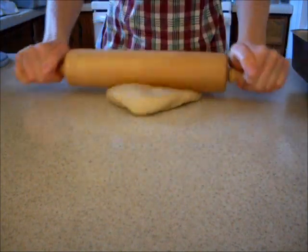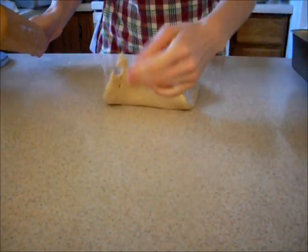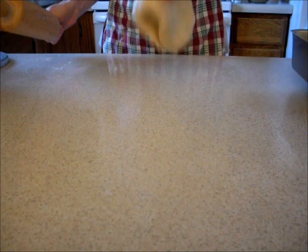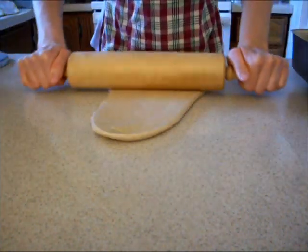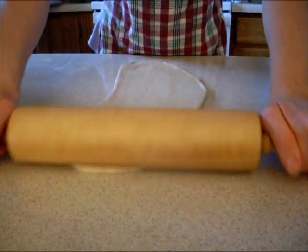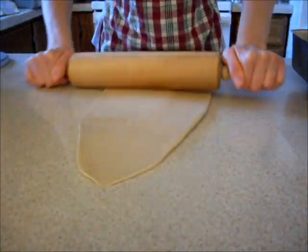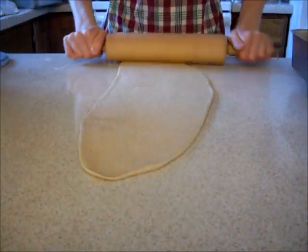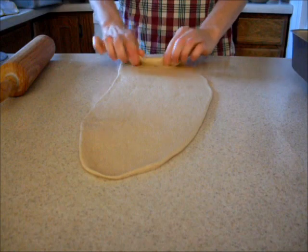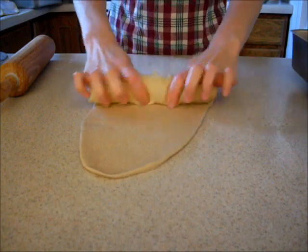And if you start to pull too hard with your rolling pin, it's going to break and stretch that, and you don't want that either. So we'll start over again and roll it out. You want to make sure you get all the bubbles out. That's the point of rolling it with the rolling pin. It gets all those extra air bubbles out to make your bread not so airy and it doesn't dry out as fast. So I roll it up tight,